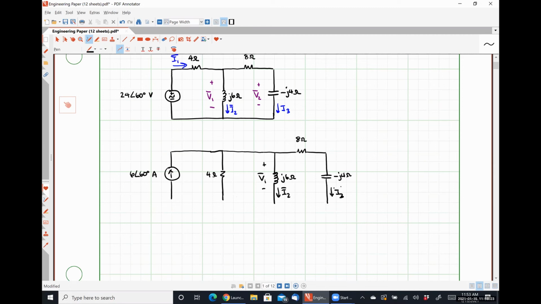Here's phasor current I3, phasor voltage V2. All right. So now what can we do? At this point, you would be able to easily say that V1 is defined voltage as 1 of them, but it's equal to